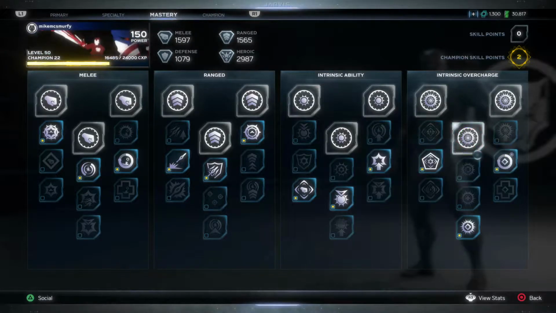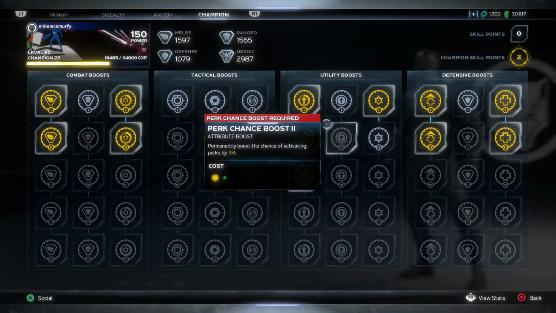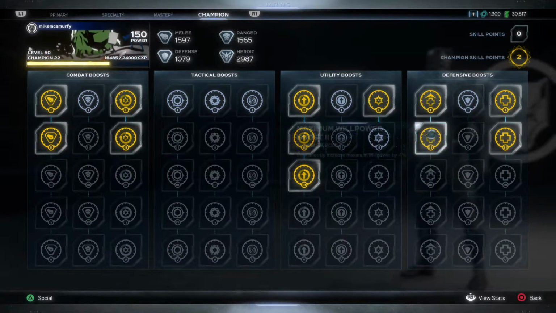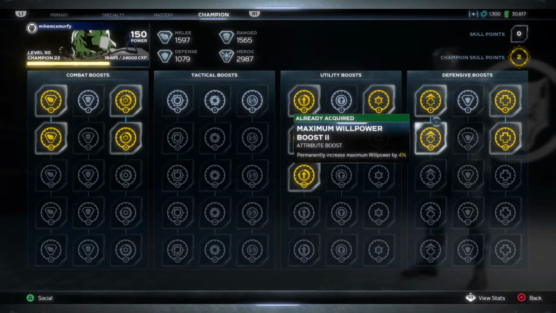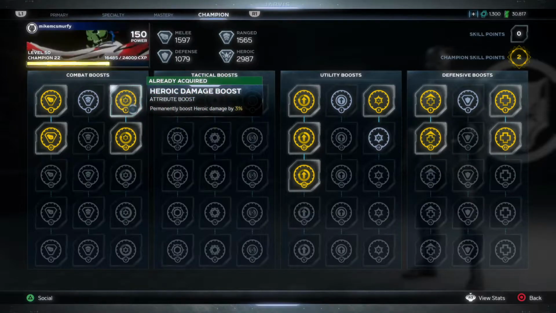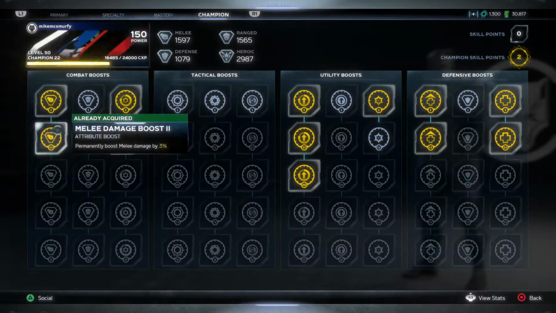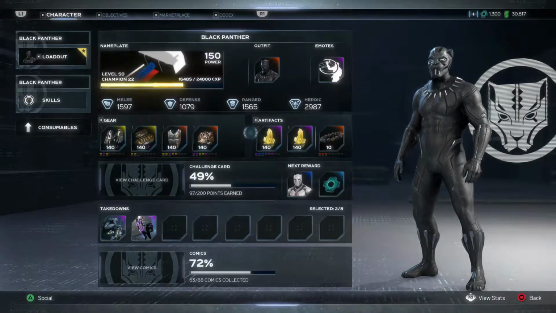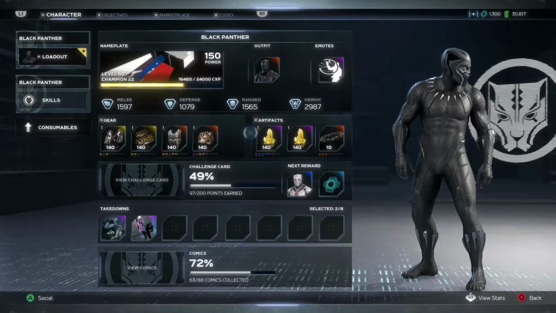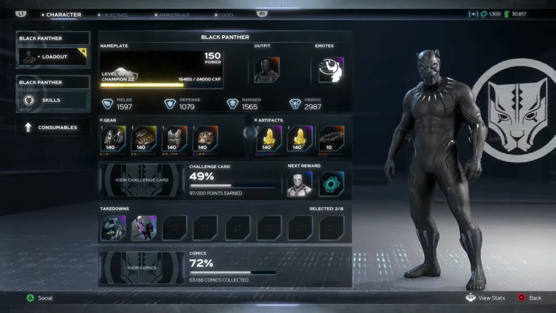So that's the build. The champion just increased heroic charges, willpower increased, the recovery, you don't worry about that now, and then heroic damage and melee damage. So yeah, that's it. Now I'm going to show you guys some gameplay and also show you the footage of